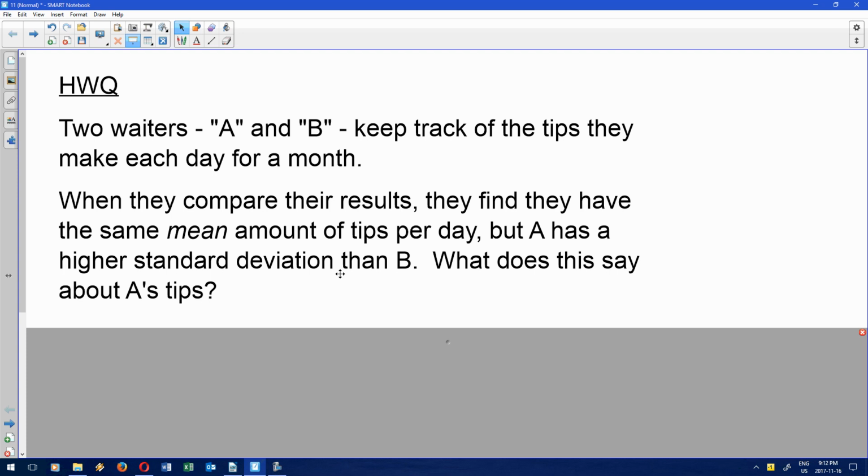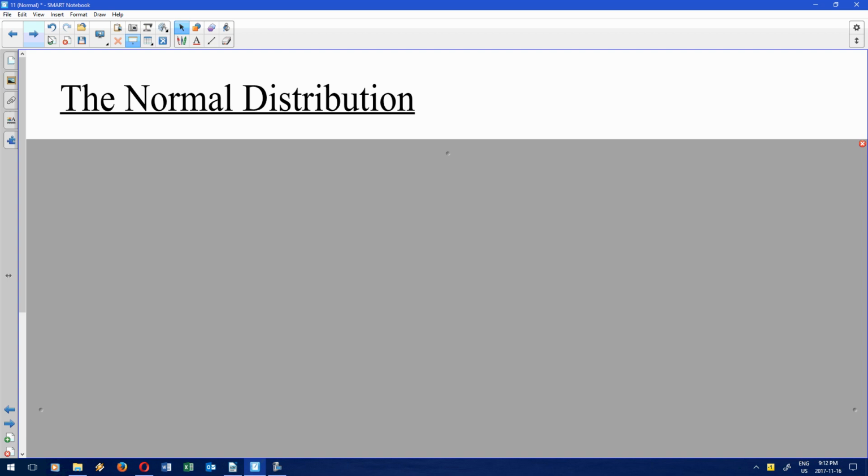So hopefully everyone's finished now, and if not, maybe pause the video if you haven't already, and we'll go on to the actual lesson. Again, today's lesson is actually going to be fairly descriptive as well. We're going to start focusing now a bit more on the normal distribution, some of its properties, because this is a very common thing that comes up